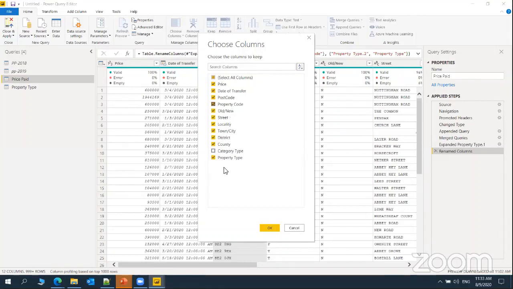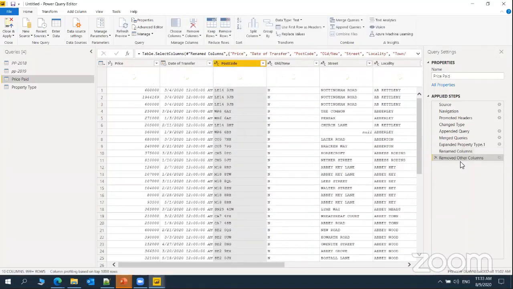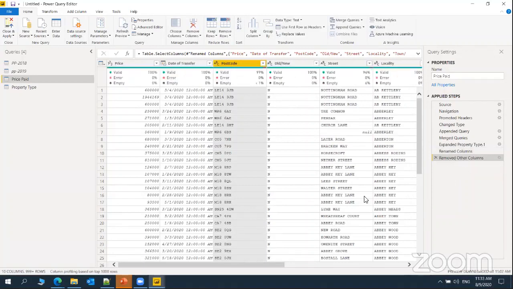And this one also, I already have property type with the full form. I don't want this property code. I'm not going to build it based on this property code. What I'm doing is removing this, unchecking this property code and category type. I want to build these columns. At the time, I'll just uncheck unnecessary columns. I'm just removing it from this existing table data set. So automatically we are going to get the final version.